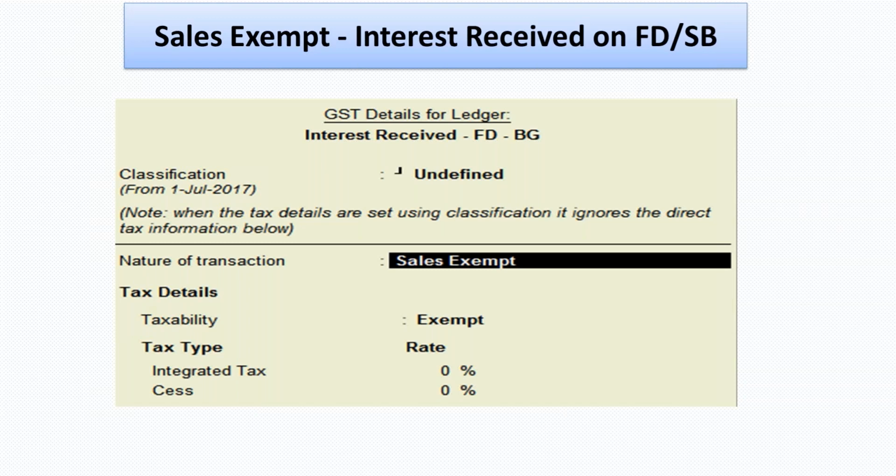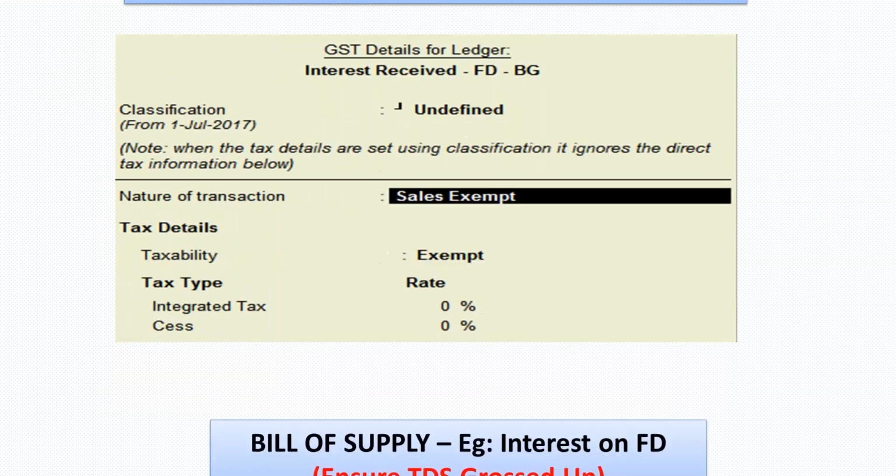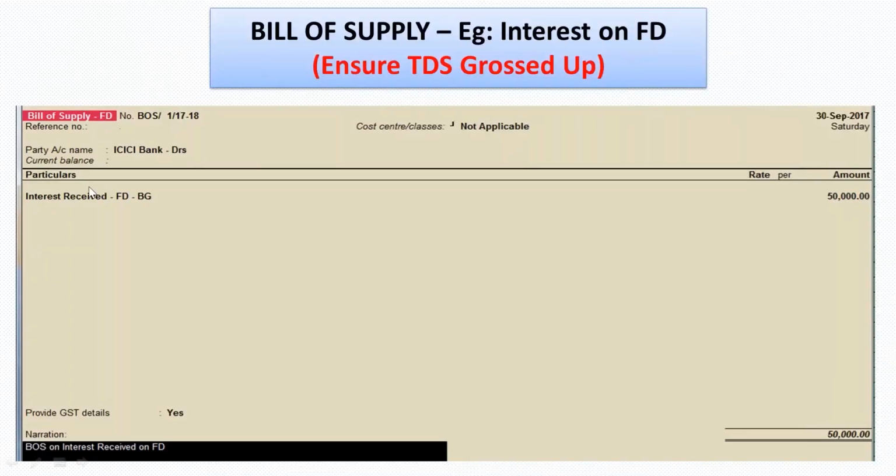Serial number 27 provides exemption with respect to interest income of this kind. That being the case, we still have to raise a bill of supply. We need to gross it up and raise a bill of supply. So we can configure the voucher type as bill of supply, interest received. If any TDS is done, we should ensure that it is grossed up.